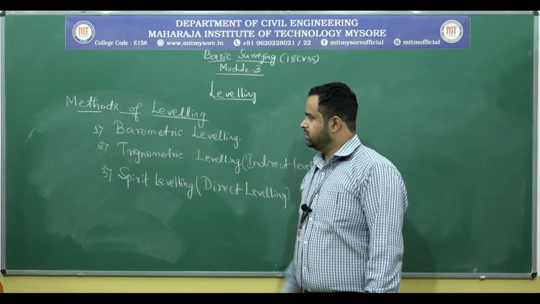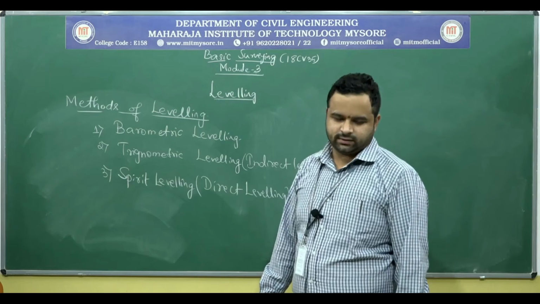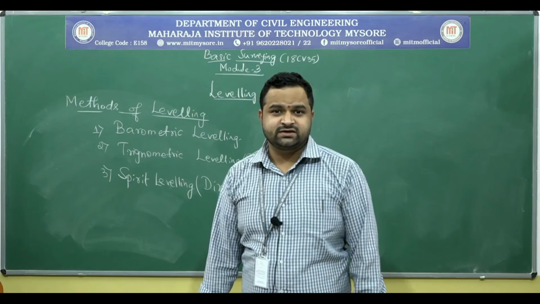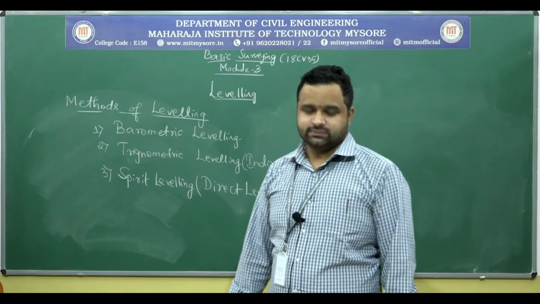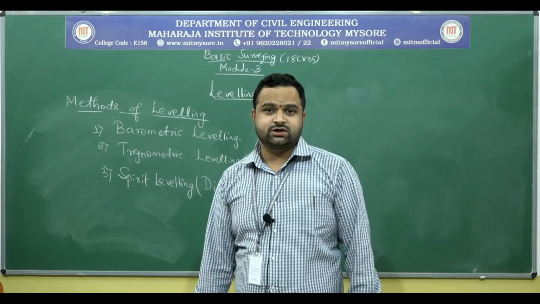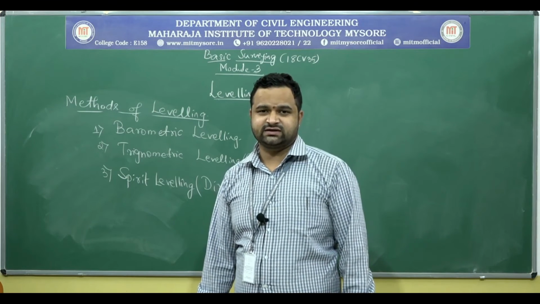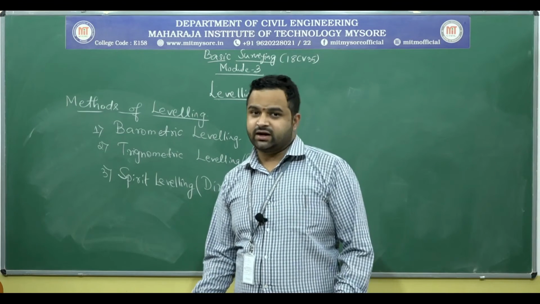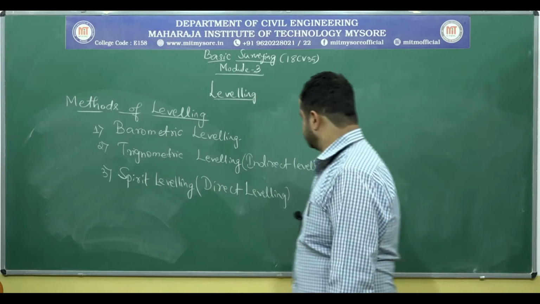Coming to the second method, trigonometric leveling, also called indirect leveling. It is the process of leveling in which the elevations of points are computed from the vertical angles and horizontal distance measured in the field, just as the length of any side in any triangle can be computed from proper trigonometric relations. So, in this case